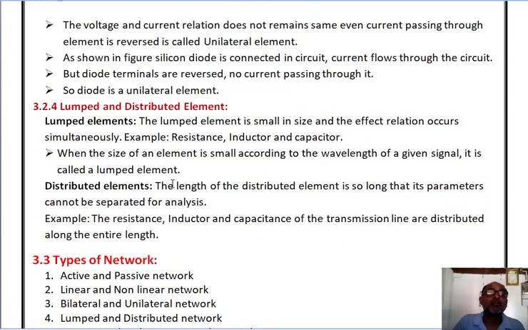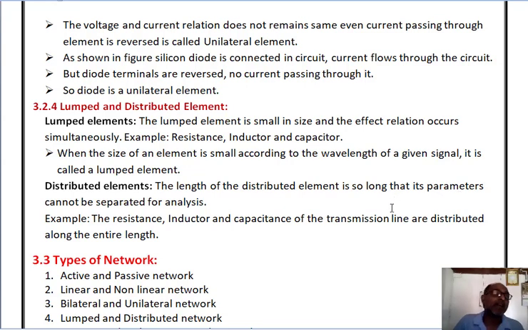Now next, lumped and distributed elements. The lumped elements are available in small size, so the effect of these elements occurs simultaneously. For example, resistance, inductor and capacitor. When the size of the element is very small according to the wavelength of a given signal, it is called a lumped element. Distributed element means the length of the distributed element is so long